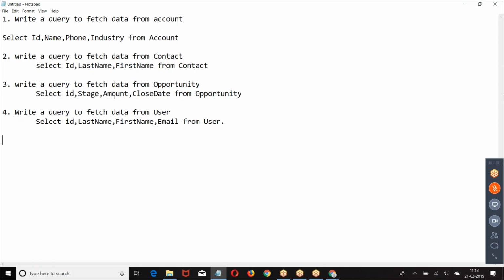This is how we write a query: SELECT fields FROM an sObject.